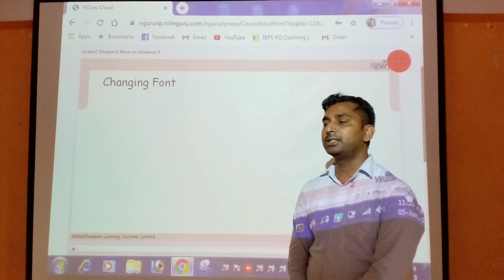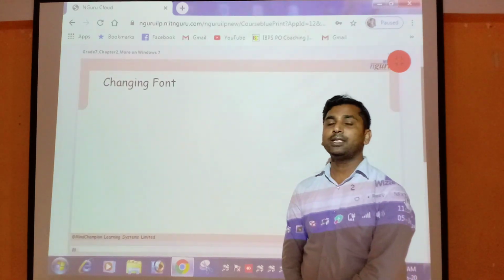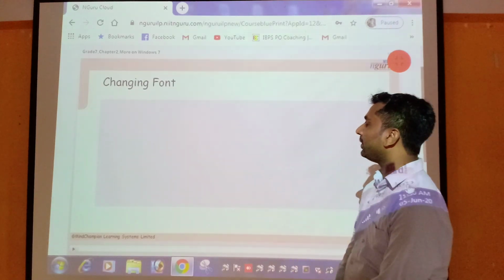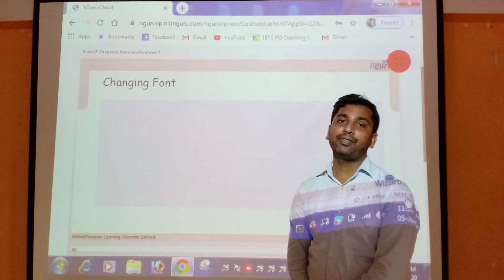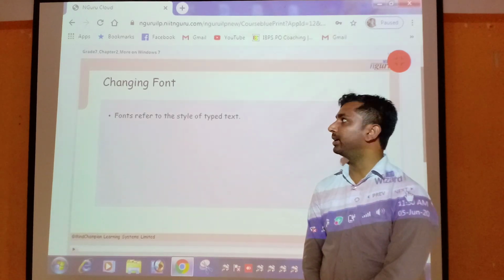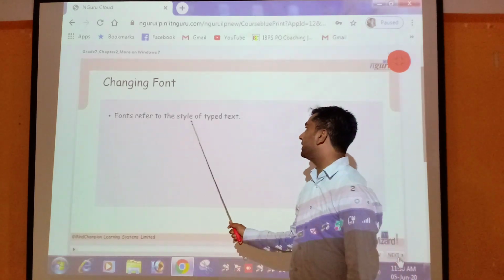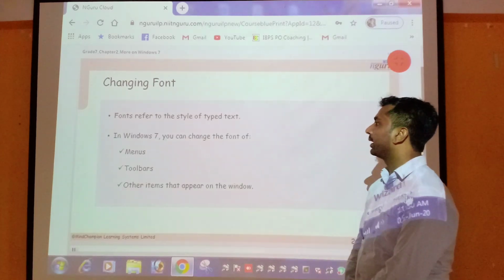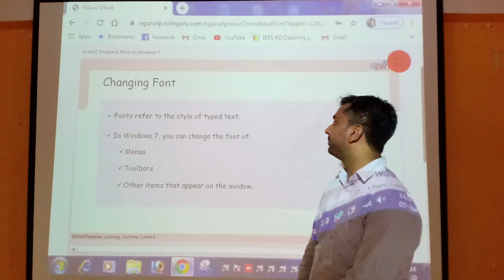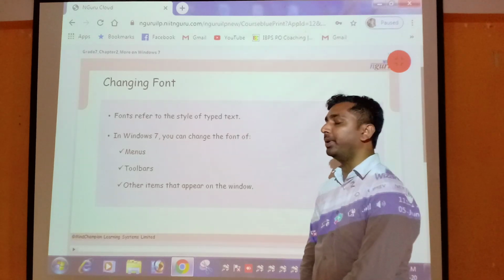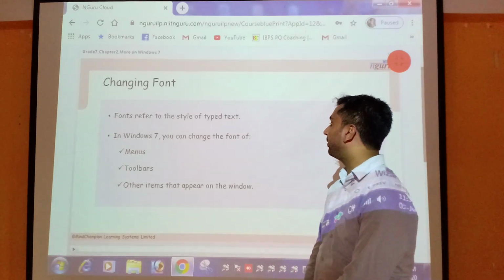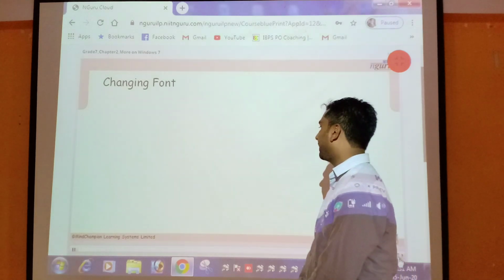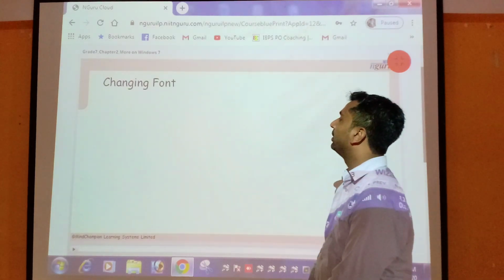First is changing font. So what is font? A font is a style of text. Font refers to the style of type text. In this Windows 7, you can change the font of menus, toolbars, and other items that appear on the window. So now, how to change